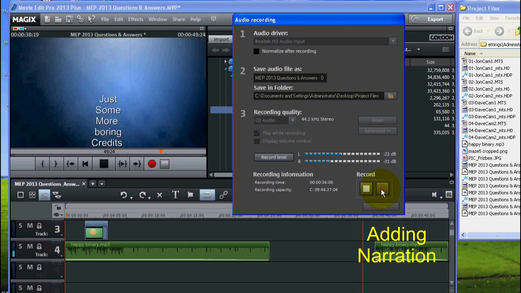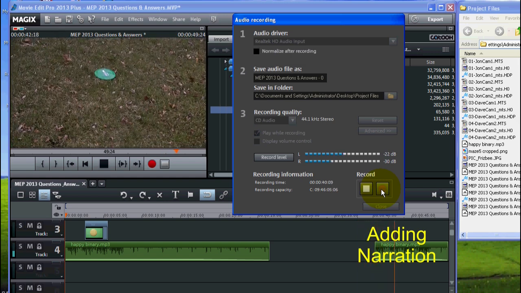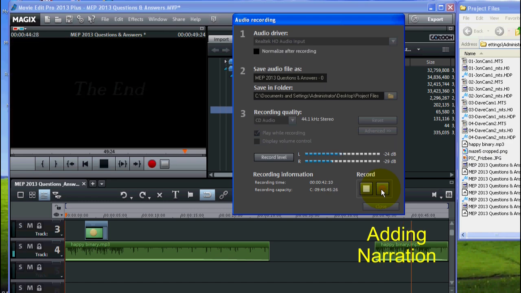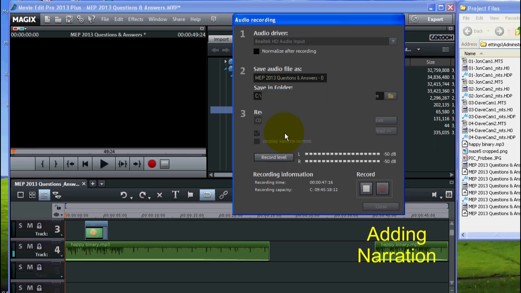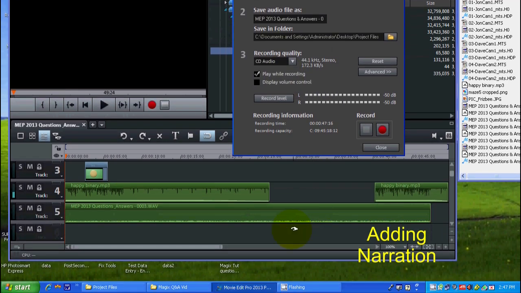Then we go to the credits. And a little rolling screen background. Then the blooper of John throwing the frisbee. And then the end title. Okay, let's just go ahead and keep that take. And you can see it puts it in the arranger down here, and then we can just close the window